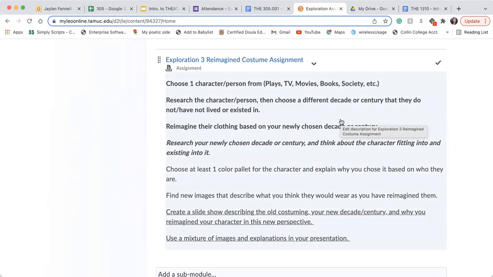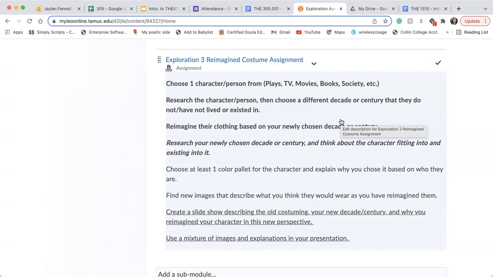Like, since he likes to wear all of those band t-shirts. He's very edgy and stuff. Would he be more of like a mobster, edgy mobster? Or would he be just a really cool guy? Just think about the fashion of the time of the century or the decade that you choose. And then think about how those people would relate to the person that you choose in the current century.